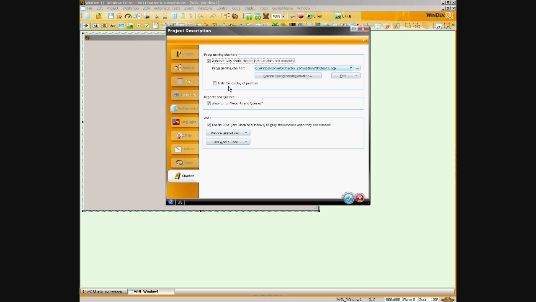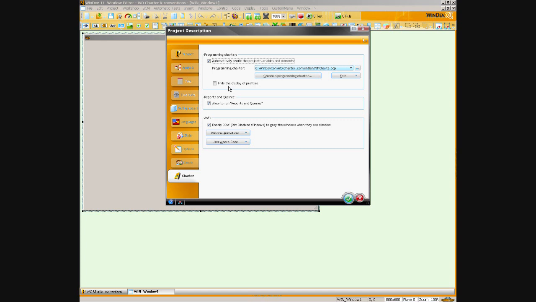look exactly the same on screen. There are some examples coming with WinDev where they are doing exactly that. It's a project, it's automatically prefixed, but the prefixes are hidden, which means that you have two fields, name code. One is an EDT code, the other is an STC code, and you don't see the prefixes. So when you're looking at the code, you see twice this code thing and used totally differently, and you don't